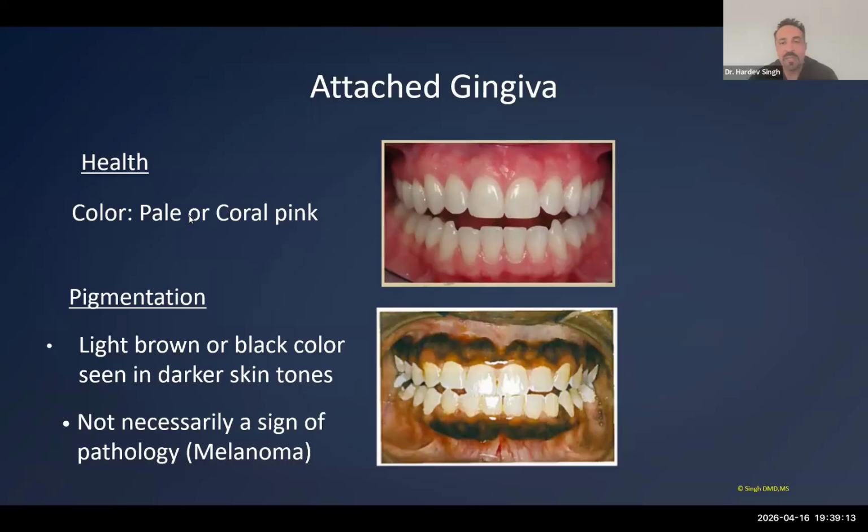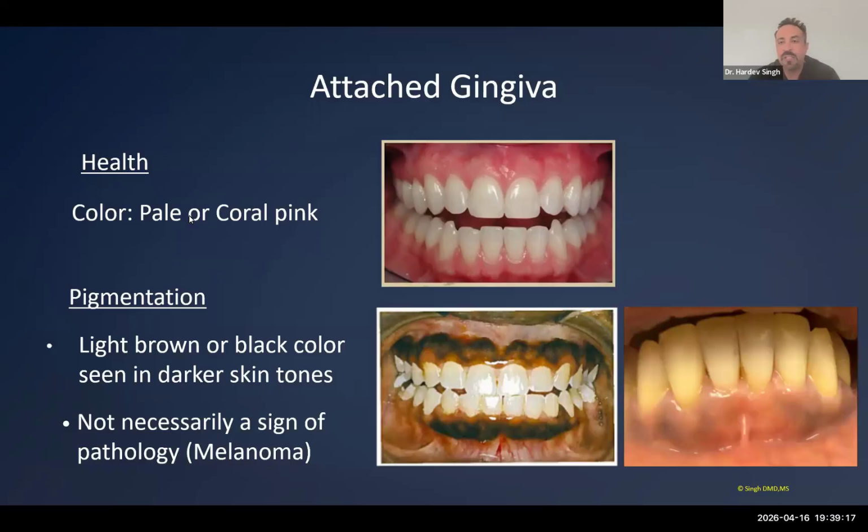And the reason why I say this, I had a patient come see me about 3 weeks ago, and she was very, very stressed. She was very anxious, and she was a nurse at the ER. And she said, Dr. Singh, I think I have a melanoma, and I'm very concerned. Do we need to do a biopsy? But as you can see in the picture,